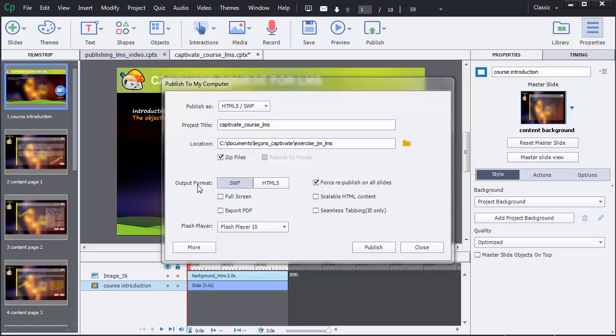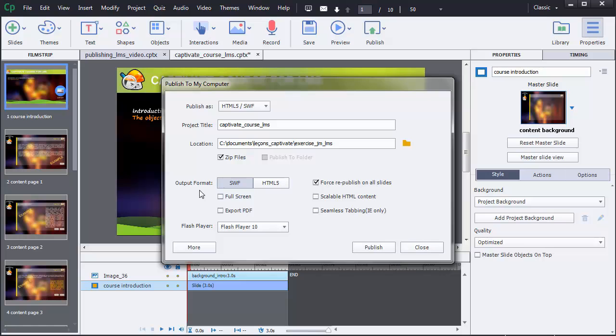The output format is related to the Captivate project and objects you have used to design your course, but also with devices and browsers that your trainees will use to access this course. For instance, if your project is not a responsive design project, doesn't use any HTML5 options, and you're sure that your trainees will use a browser that can run Flash, you can only select SWF. But whether you're not sure, or wish to extend the possibilities, or for any other reasons, select the HTML5 button in addition. But for this demonstration, I only select SWF, it's enough.